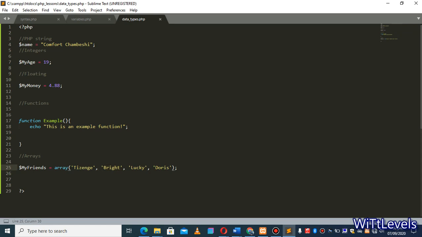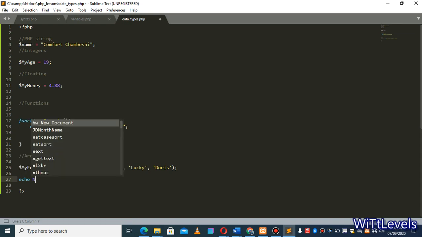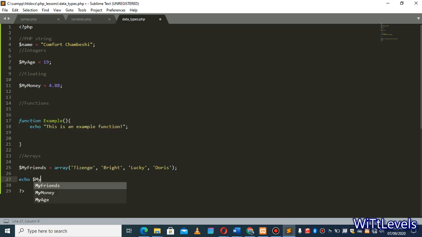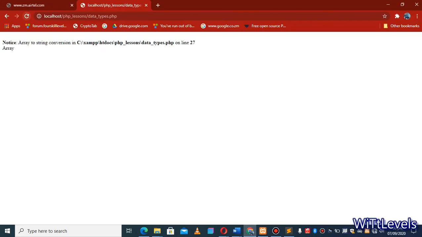So as you can see here, we have string, comma, string, which means all of this data is inside the my friends array. If I want to call this, I just have to say echo my friends, just the my friends variable. And if I refresh my page,